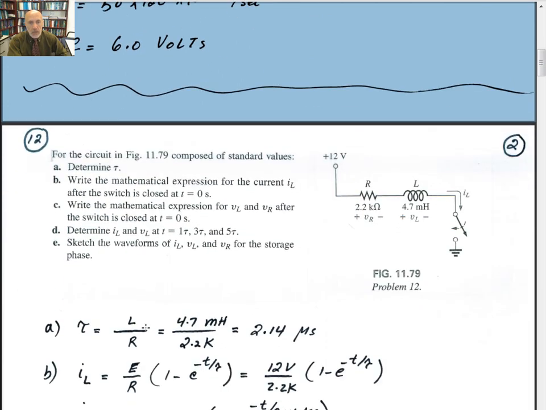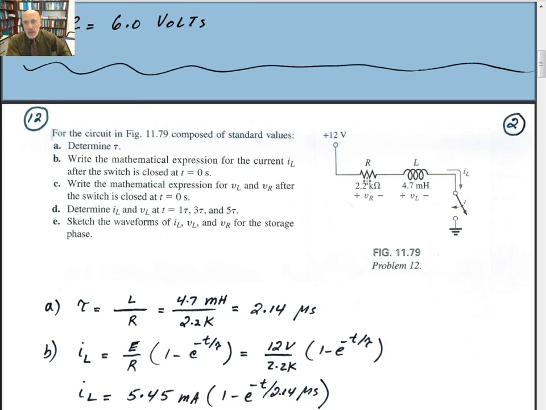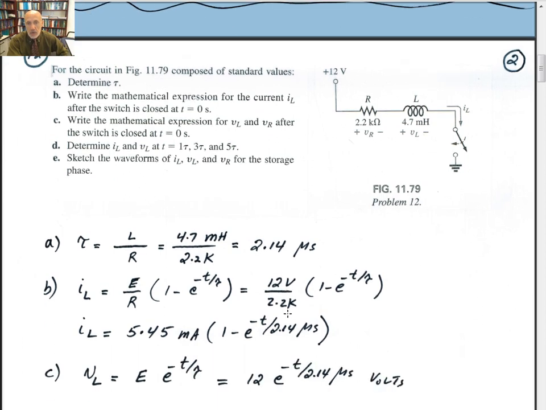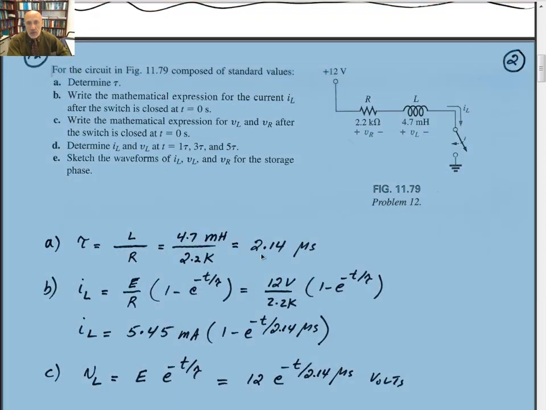And number 12 says circuit in figure 79 composed of the standard values. First, determine the time constant tau. So you have 4.7 millihenry, 2.2 kiloohms. The time constant is L divided by R. 4.7 milli divided by 2.2 K. That's 10 to the minus 3 divided by 10 to the plus 3, that gives you 10 to the minus 6. So 4.7 divided by 2.2 gives you 2.14